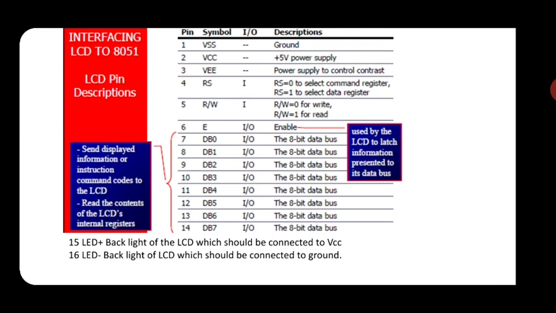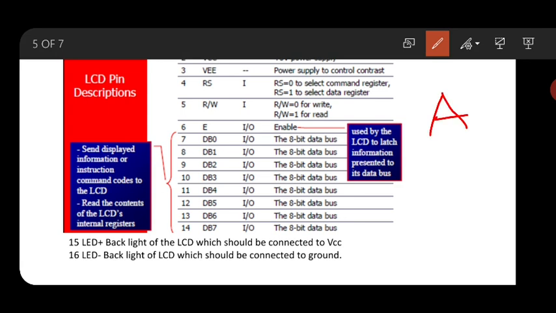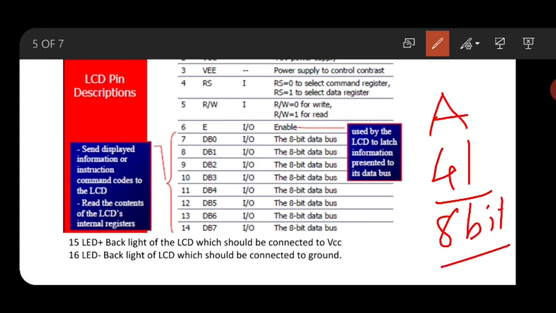Next, there are a total of 8 pins from 7 to 14. They indicate the data bus, through which the data is transmitted. Let us take that if I want to transmit the letter A, its ASCII value is 41, represented in 8 bits. These 8 bits are transmitted through the DB0 to DB7 bus, meaning 41 is transmitted through the data bits. I hope you understood.